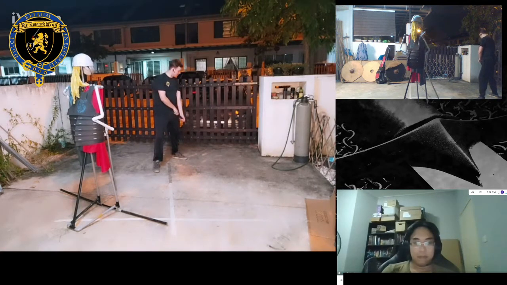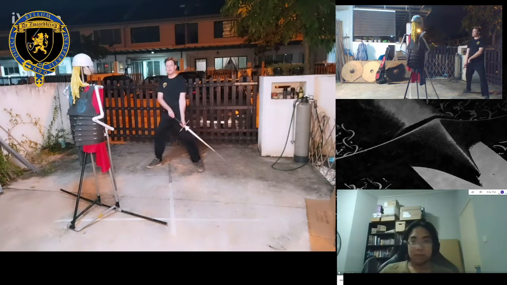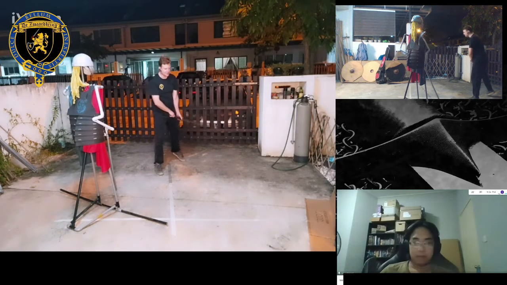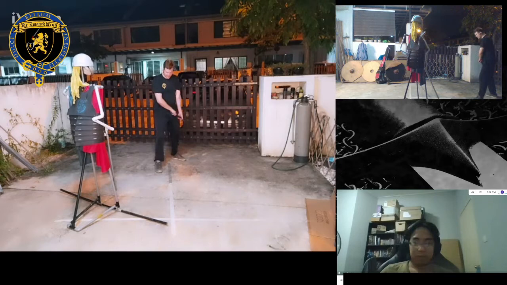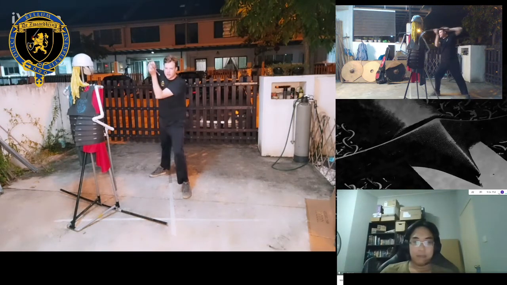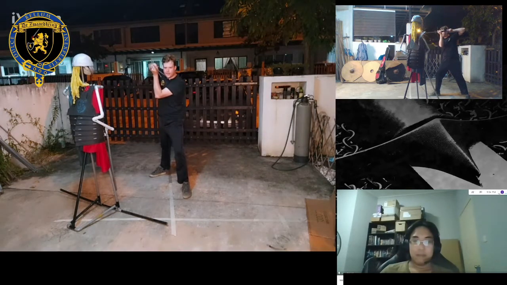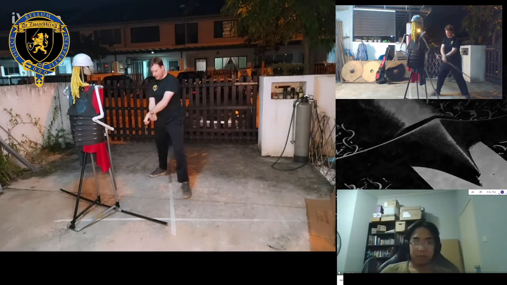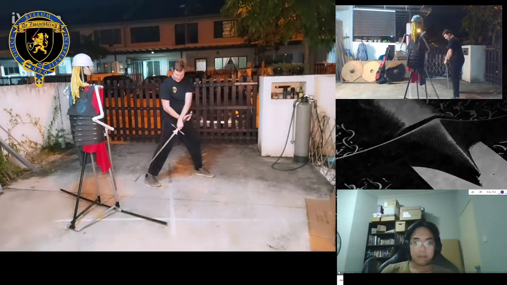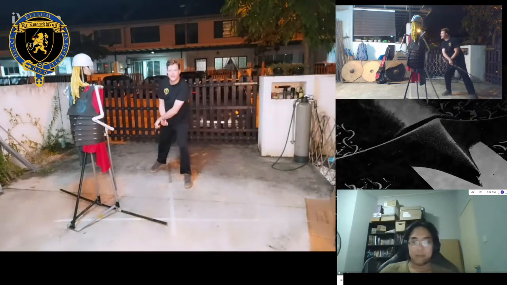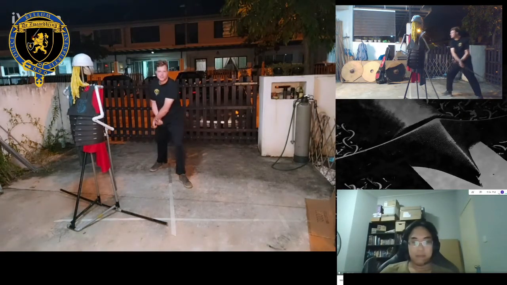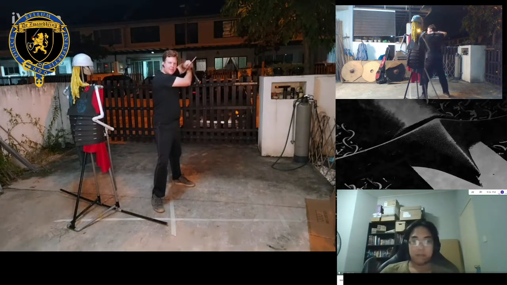They start in this guard where my sword is pointing backwards next to me, and is called Nebenhut, which is German for next to you guard, which is literally what it is. So from here we can cut upwards and we end in an ox over here. Then we bring our sword back down. Observe that when I have my Nebenhut on my left side, my arms are crossed. This is normal. All right. So from here we're going to cut upwards in the ox on my right hand side.